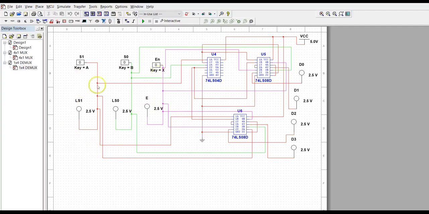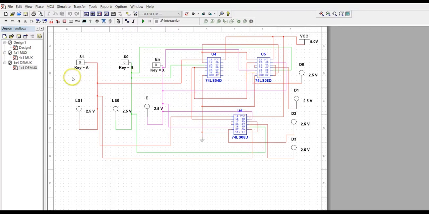This is the input line, and these are the indicators for those lines, and D0, D1, D2 and D3 are the output lines. These switches we get from the source, and the indicators also come from the source indicators probe, and these ICs are from here. This is a NOT IC, and it is an AND IC, and it is also an AND IC.